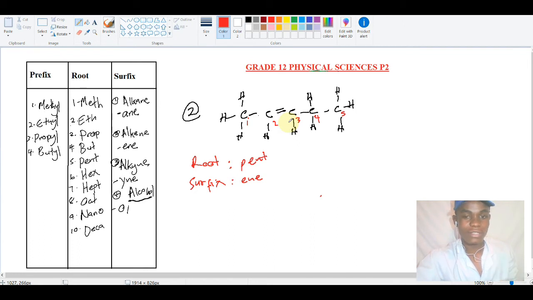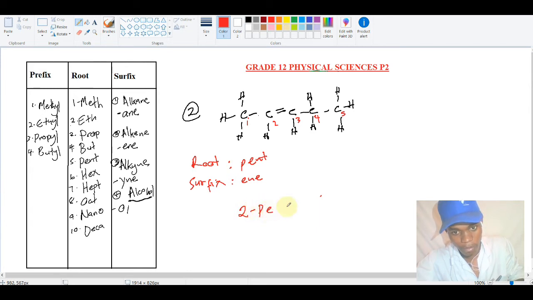That's why it's very important to illustrate the location of your double bond, because those two, they are different compounds. They are not the same. They are different compounds. So it's very important to illustrate the position. In this case, when naming such, you are going to say no, because I see my double bond is on the second carbon. So you are going to say 2-pentene. You see? So you are indicating that my double bond is on